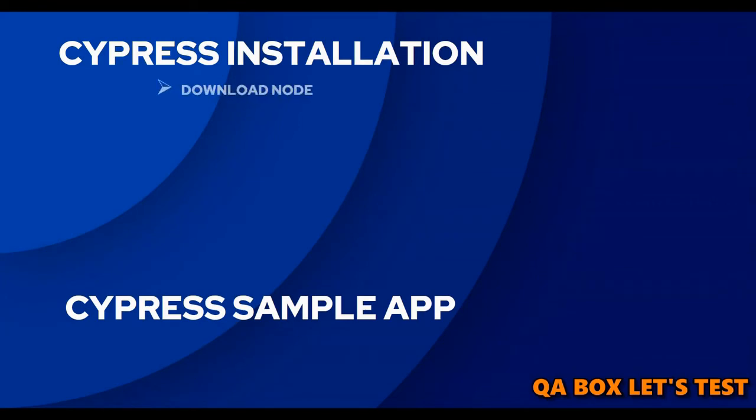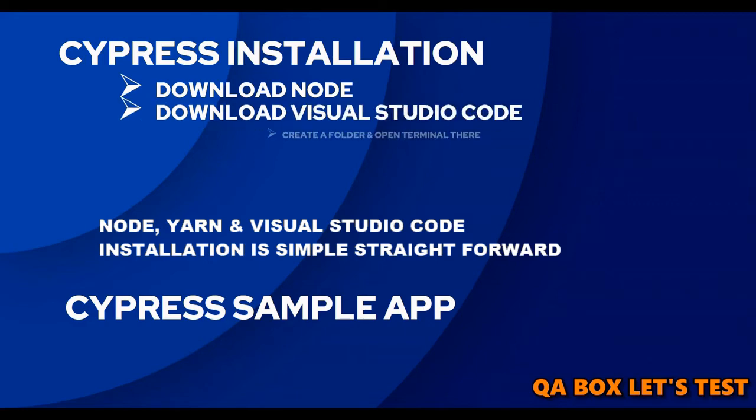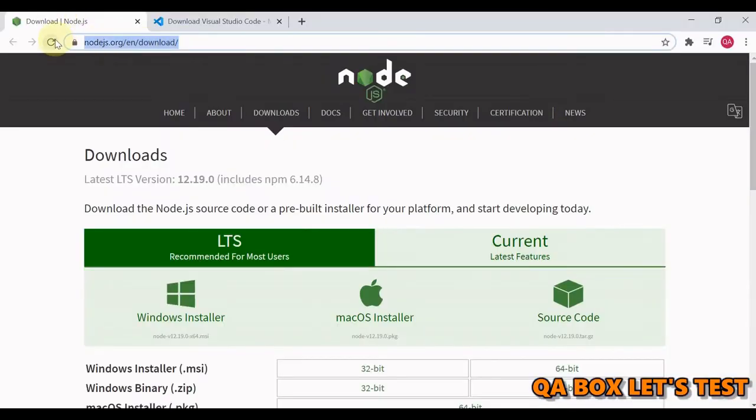So let's start with the installation. So what all things do we require? We need to have Node installed onto our system. We also require Visual Studio Code. So open your browser and look out for this link. From here you can download the latest version of Node. People who already have Node installed on their system, but their version is not 12, should install the latest version,